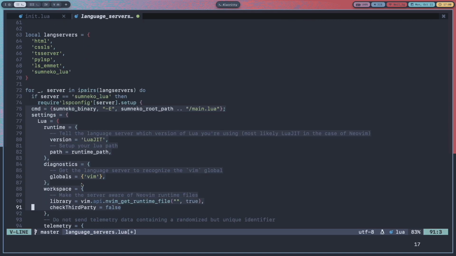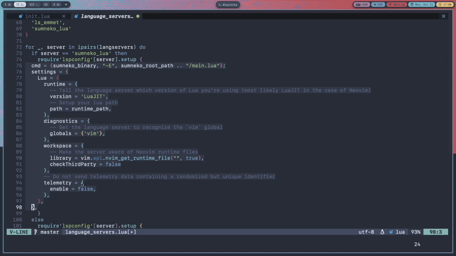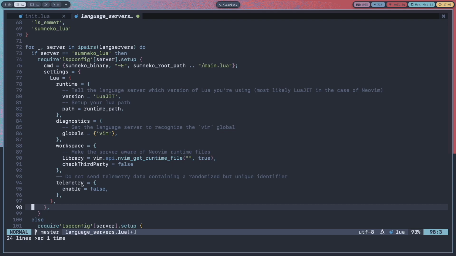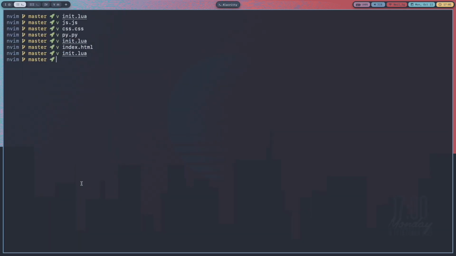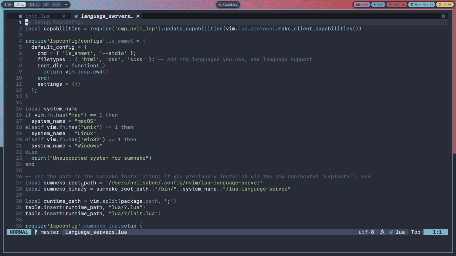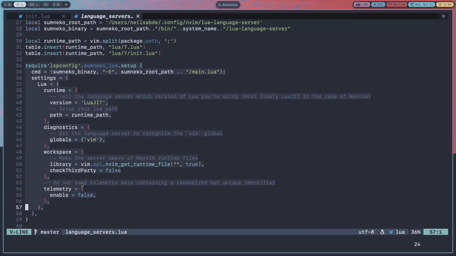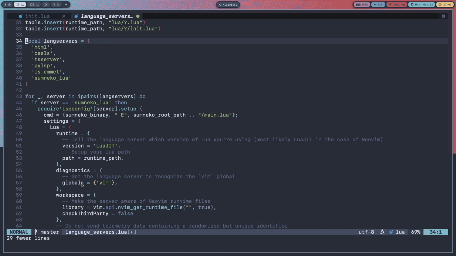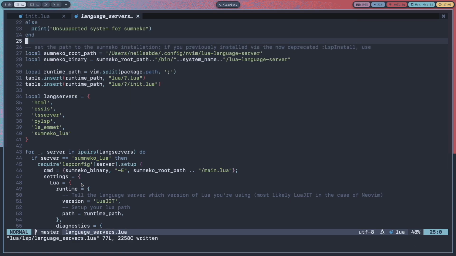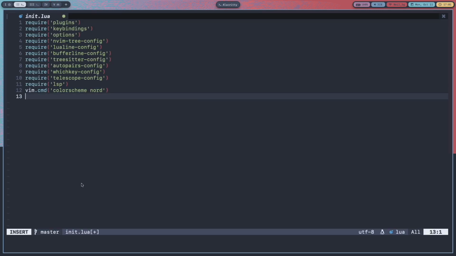And let's also add some indentation. Okay, now I think some echo Lua will also work. Let's go to language servers again, and we can delete this here. Okay, now if I restart, I should have the auto completion also.